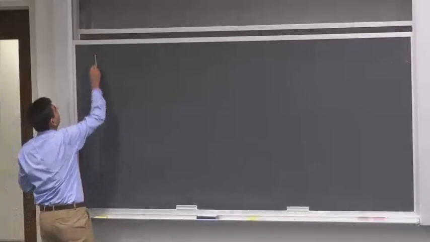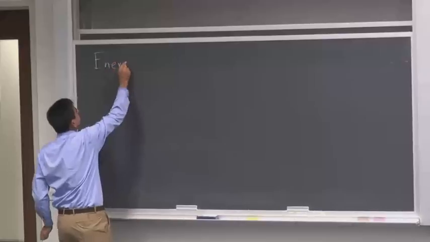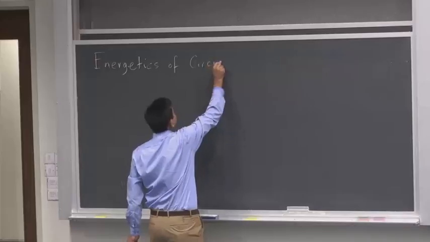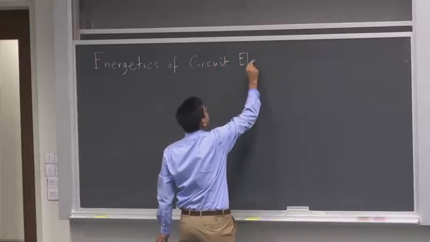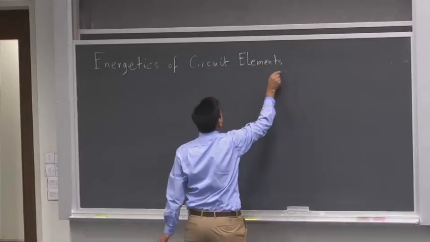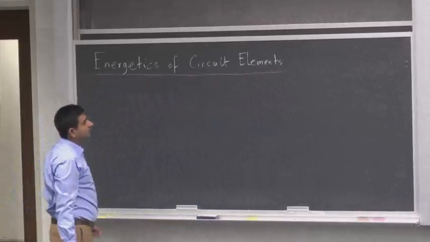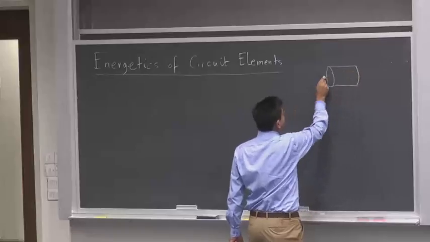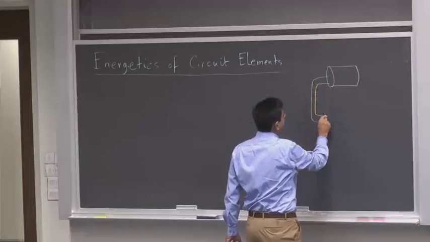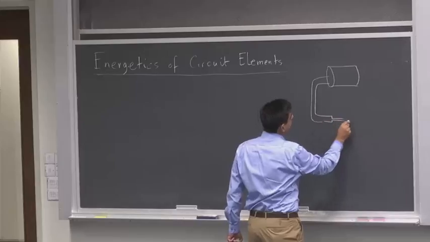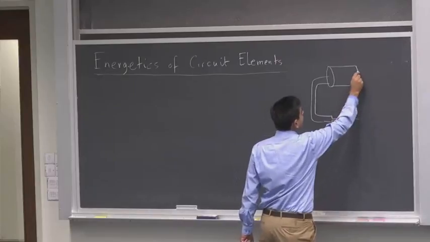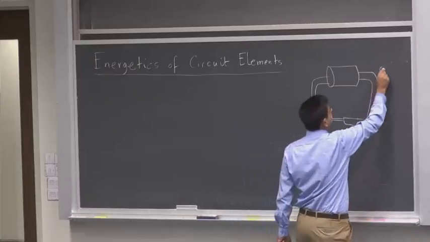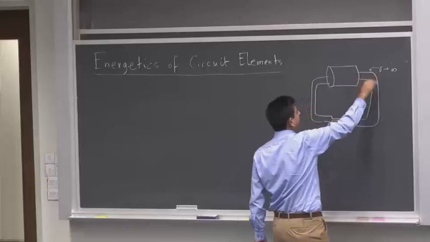Today about the energetics of circuit elements, of selected circuit elements. Remember yesterday I was talking about a battery and a perfect conductor, followed by a resistor or a thin piece of wire. And if this were a perfect conductor, that is, sigma goes to infinity, of this piece of wire, then